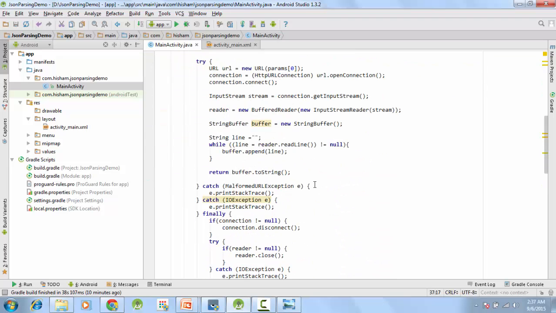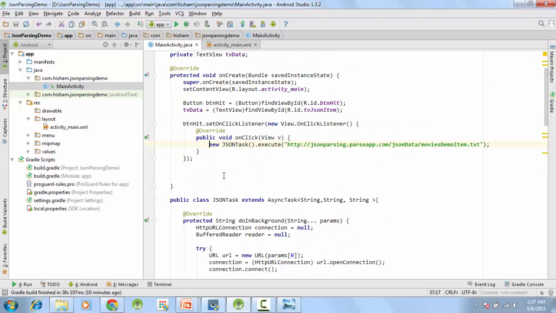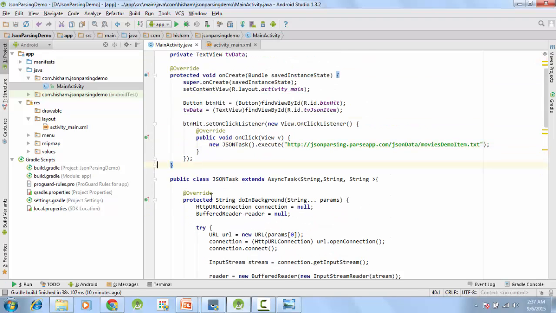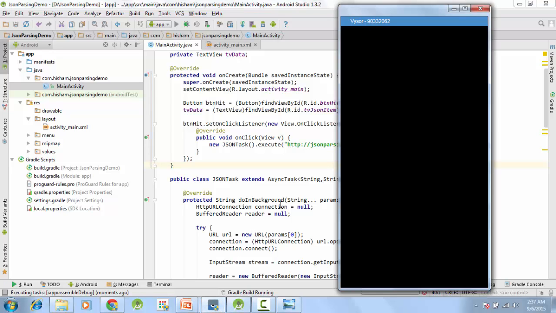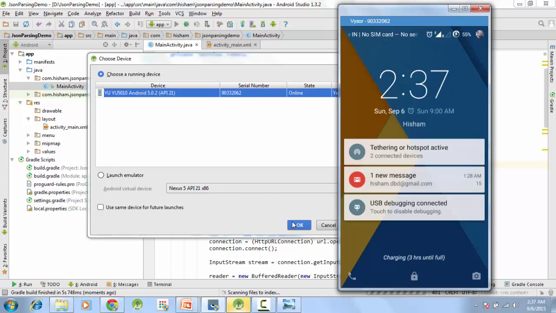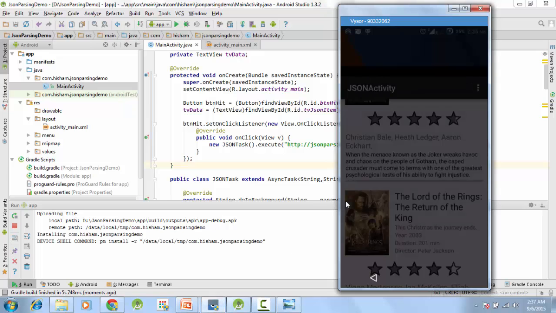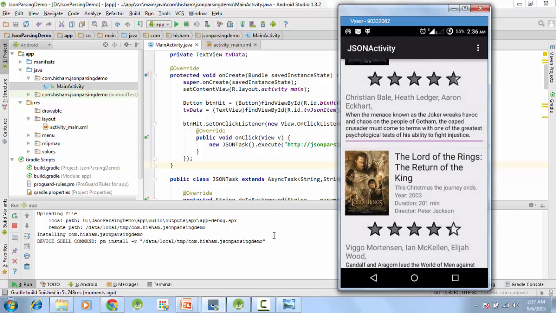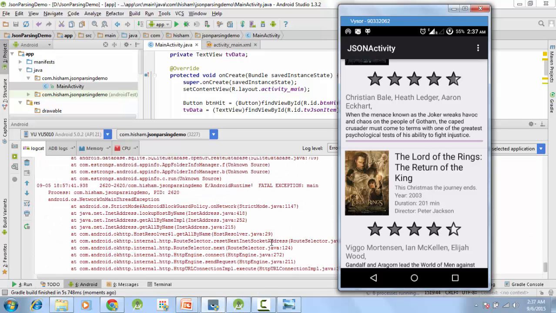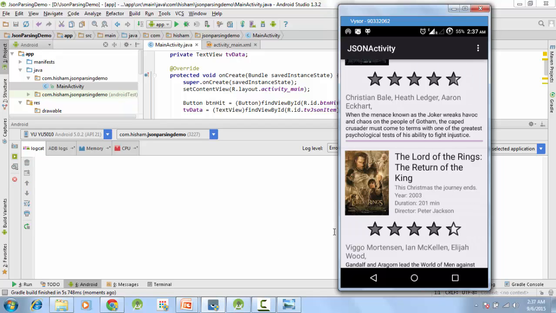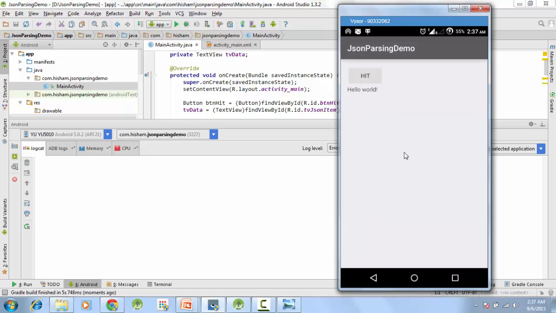Alright, so that's it for now. Now let's run this once more, and we will face one more problem, and after that we will be able to run it completely successfully. Okay, so now let me just run it once again. Running my application. Okay, so it's done, and it will show in a second. It's slow, I know. So now if I click hit,